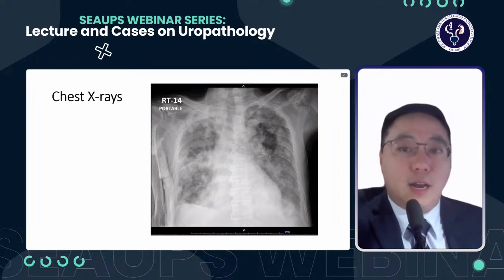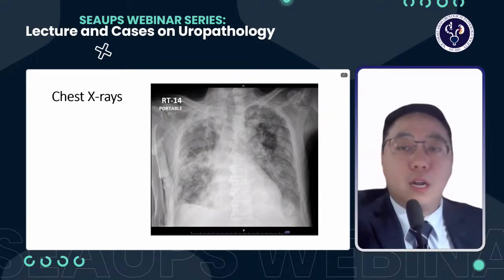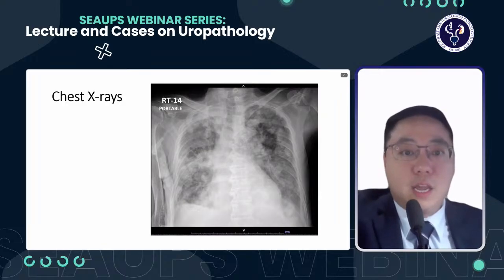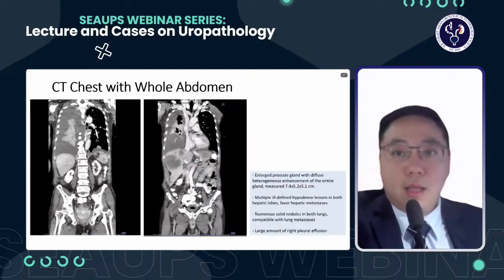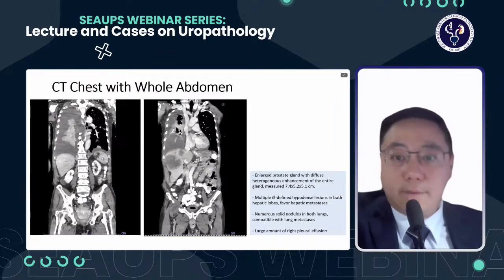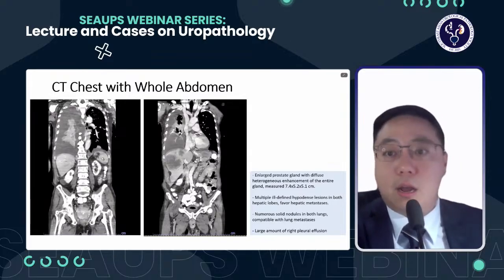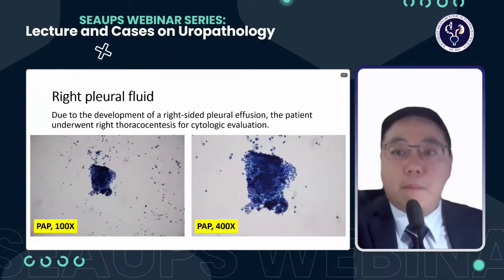Subsequently, the patient underwent further workup. The chest X-ray revealed multiple bilateral pulmonary nodules, along with a right-sided pleural effusion, as you can see here. A contrast-enhanced CT scan of the chest and whole abdomen was also performed for further workup. The findings include an enlarged prostate gland with diffuse heterogeneous enhancement measuring about 7 centimeters, multiple